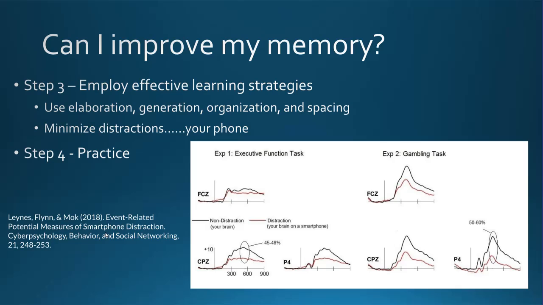So what we did is we did a study, an event-related potential study. That means recording brain activity while people were doing a task. And they were doing a task in our laboratory that demanded a lot of attention. And we recorded the ERPs. This is the signal from the brain.